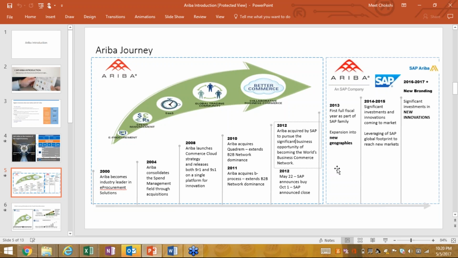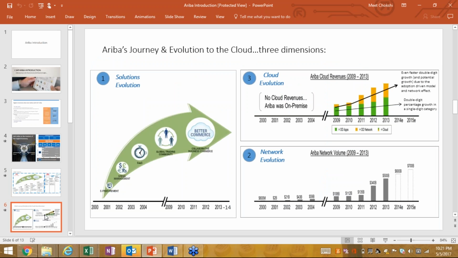I want to see where my banking information for vendor master is in Ariba. I want to see where my service line item hierarchy is in Ariba. All that functionality is not there yet. But SAP is investing a lot of money into this product to have tight integration between the two systems, right? So that is what Ariba is.